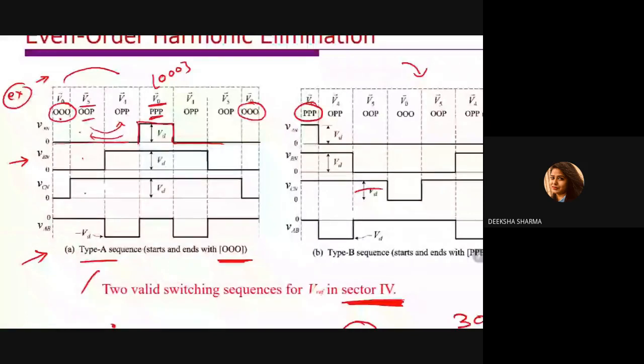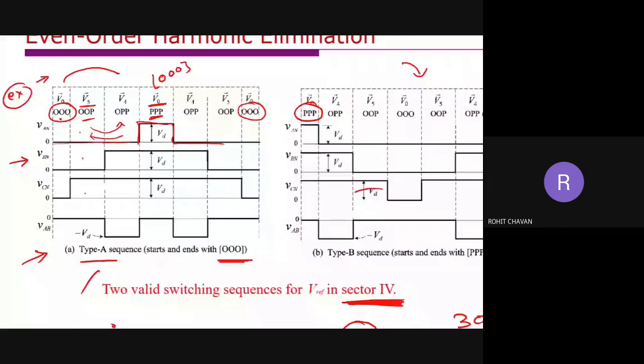So why did we use PPP? With only one switching state, when the phase is changing you would select 0, 0, 0, right? So that means two phases are again affected, right? Okay. So now we use PPP. Now you understand the advantage of these zero vectors, right? So either you can use 0, 0, 0 or PPP.